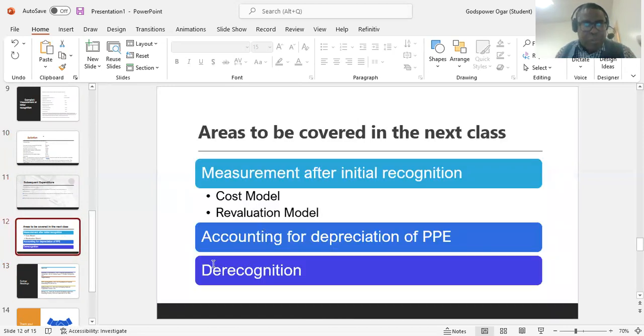Of course, before that, we look at areas to be covered. In the next class, we are going to look at measurement after initial recognition, and that will take us to both the cost model and the revaluation method. Of course, we are going to do more computation, and look at how we account for depreciation of PPE,